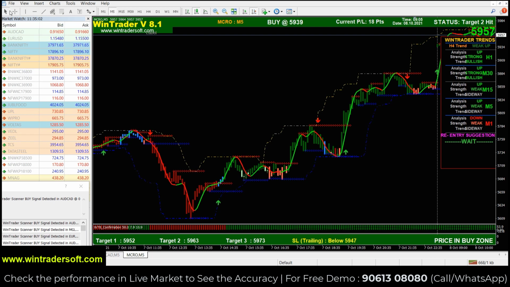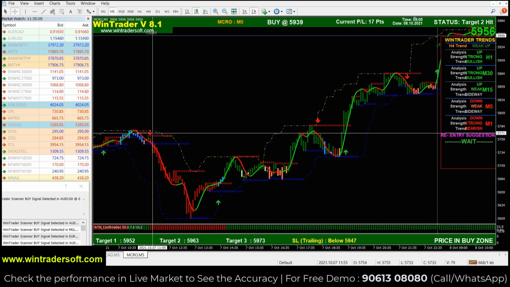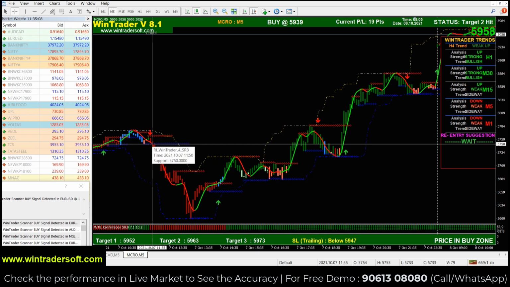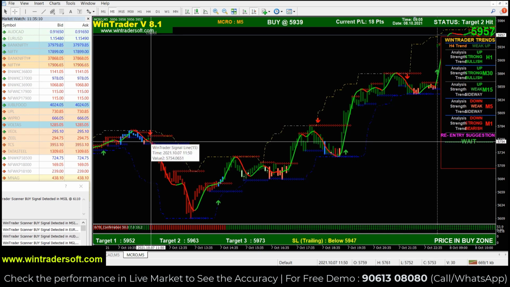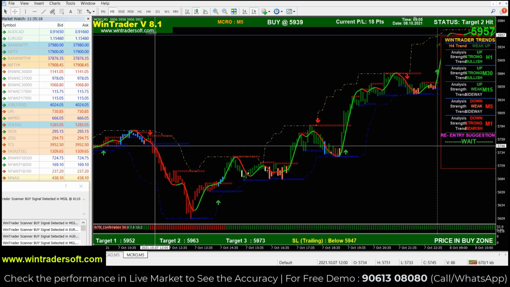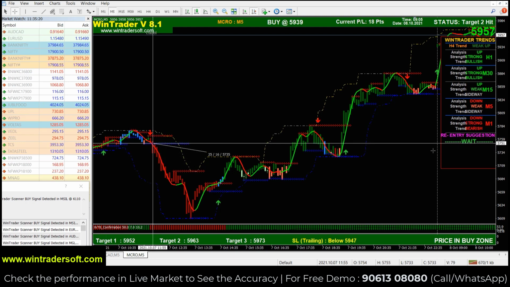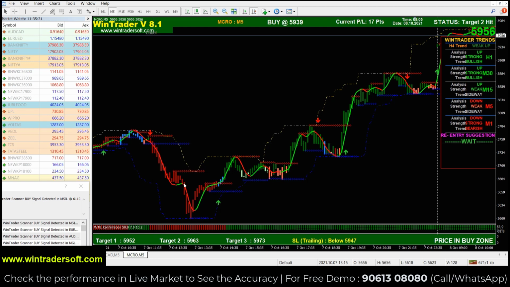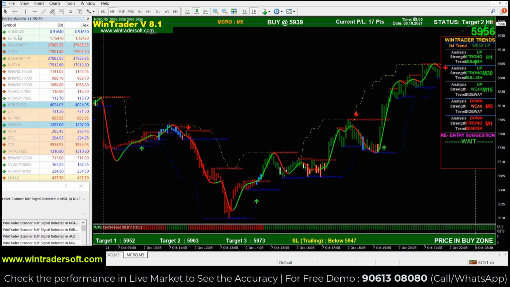Just before, the sell signal was generated at this point, red arrow, and the bottom bar is also red at this point. At this candle the signal was generated, and we check the confirmation. At that time the bottom bar was also red, so we get the confirmation at the same time. We can enter the trade only from the next candle opening price, almost this level 5751, and it went down to 5610. 5751 to 5610, almost 140 points. That is the profit from this exact sell signal. At that time the red bar price was in the sell zone, and the candle was also red. So it's a perfect signal.